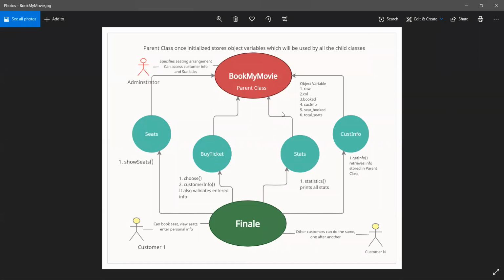Good evening. My name is Abhinandan, and I have created this Python project named BookMyMovie. It is about an application which allows the customer to buy a movie ticket, and it also allows the administrator to get the information about the position of the